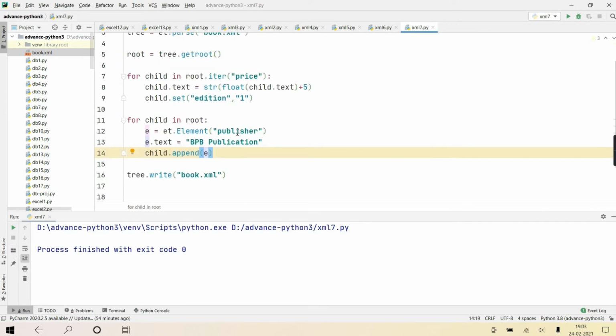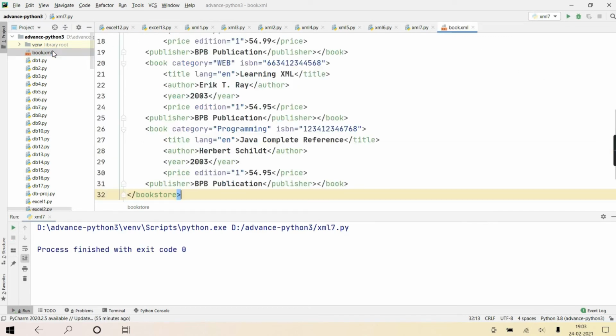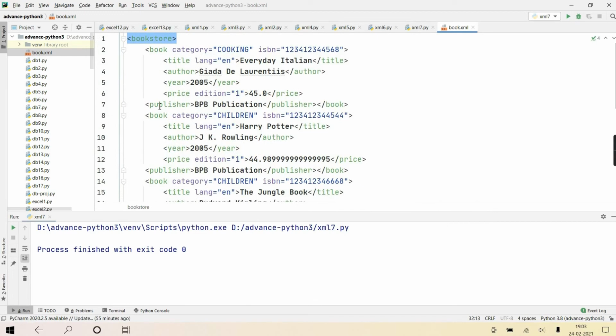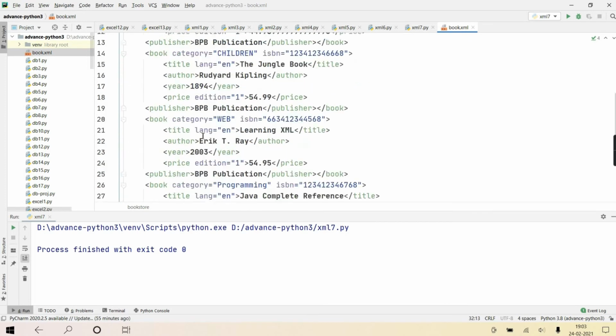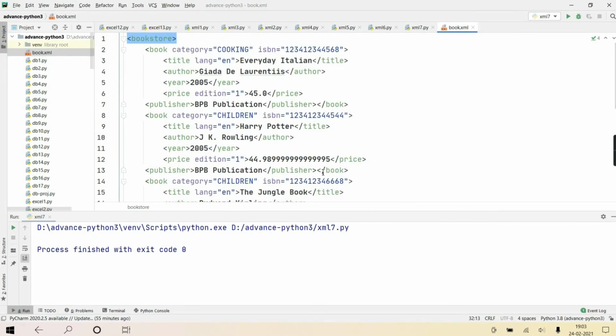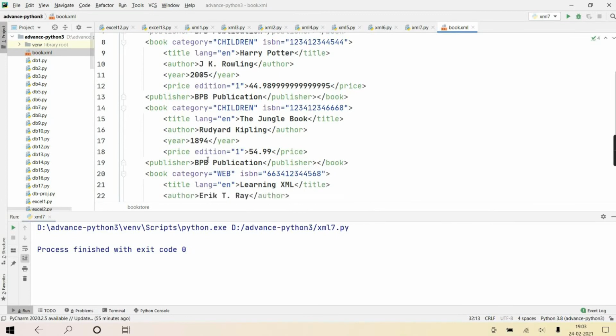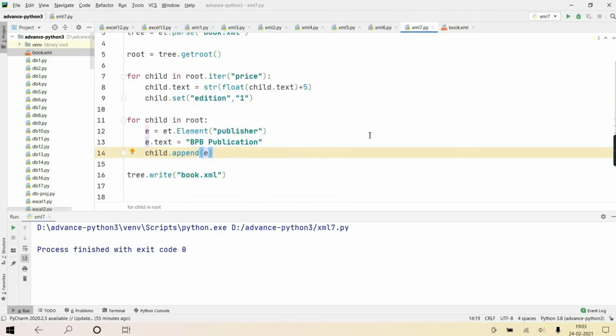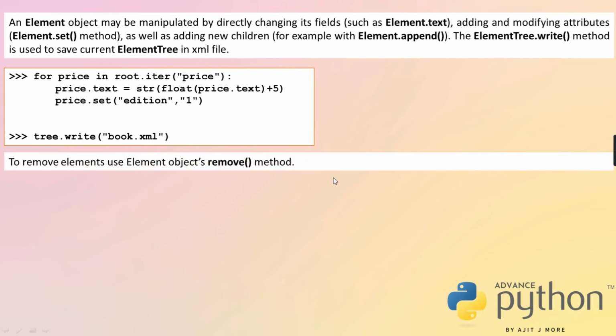So you are creating an element with the tag name publisher, its text is BPB publication, and we are appending it as a child to this child, child.append(e). Now if you run it and open that file, can you see, is publisher added in book? Inside book publisher is added, inside book publisher is added. Publisher and then slash book, right? So hope you understood this part, right guys?